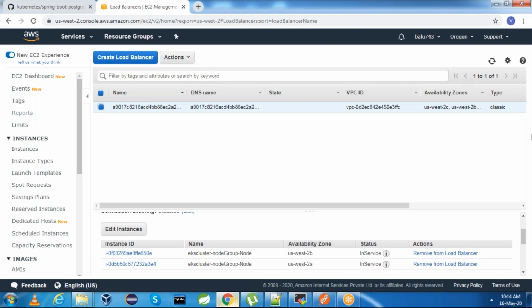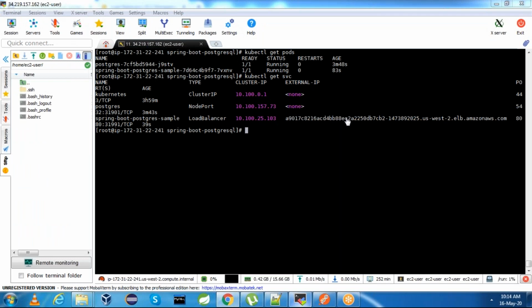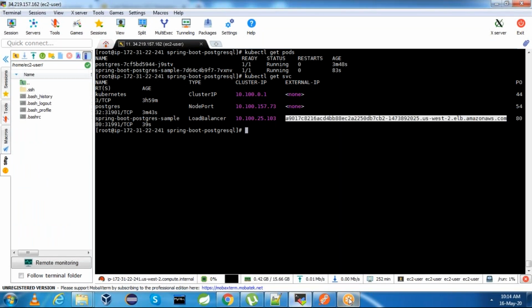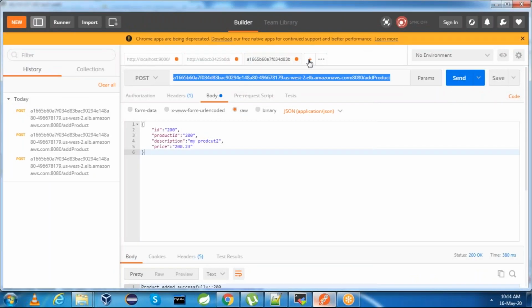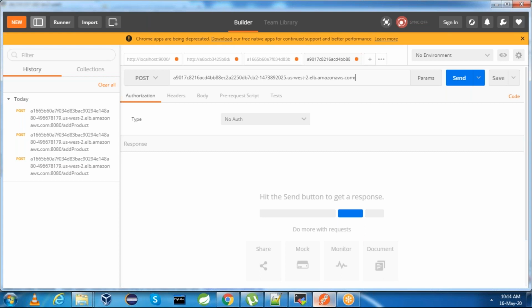Okay, now both are in service. Now what you can do is get this load balancer URL, go to Postman, click on post, create a new method. This is the request URL, colon 8080.